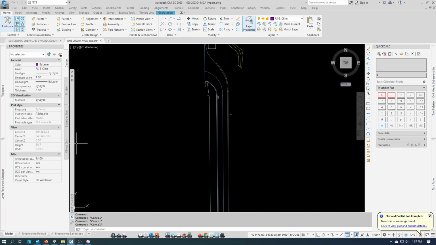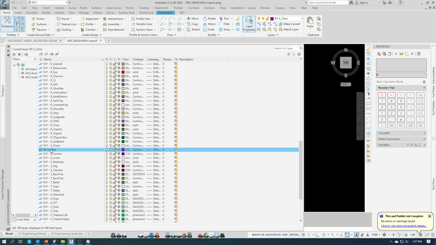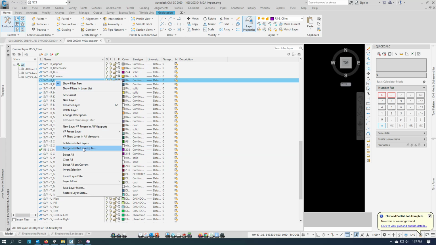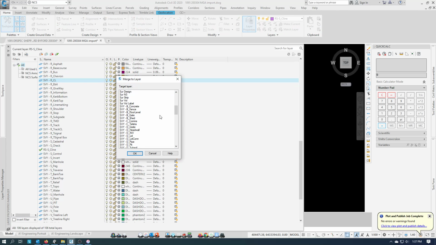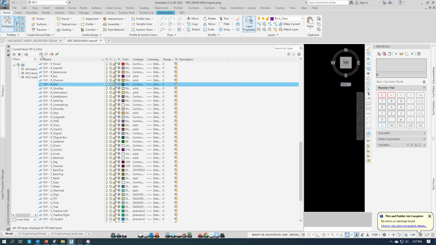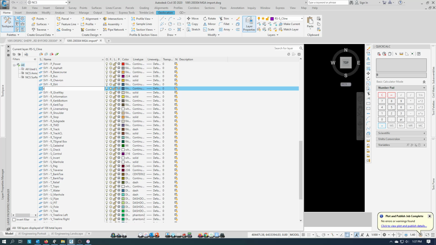In fact, we will just merge those two layers. Merge selected layer 2 RSSL line. Yes. Okay. The next one we have is RS